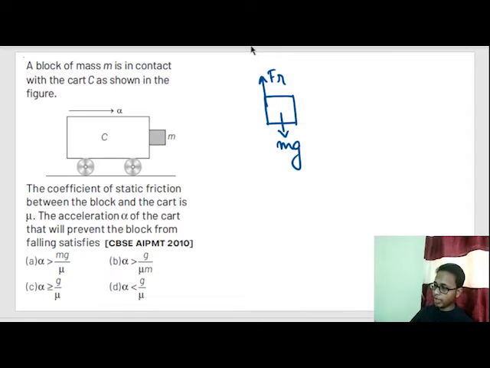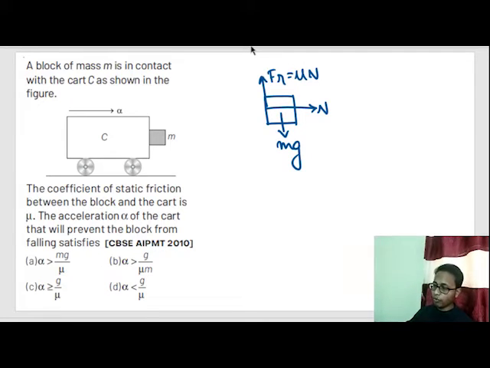Now, how do I draw out the forces? I know the friction force is equal to mg, but what is the value of this friction force? The maximum capacity of this friction force is equal to mu N. We know that. But how to find mu or N? How to find the normal? How to find this normal reaction force here?